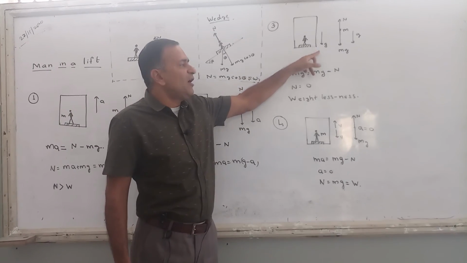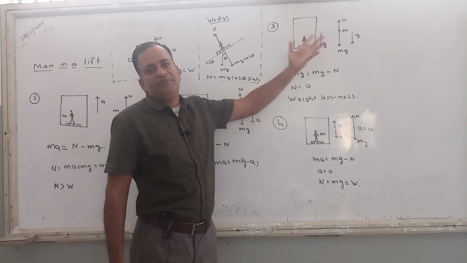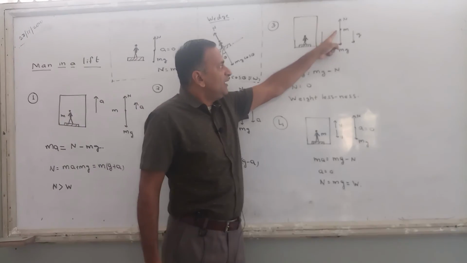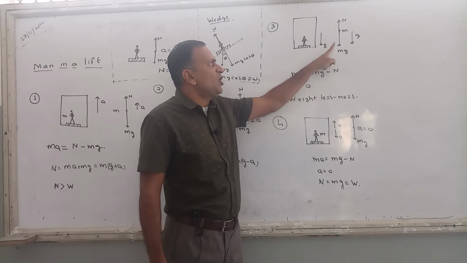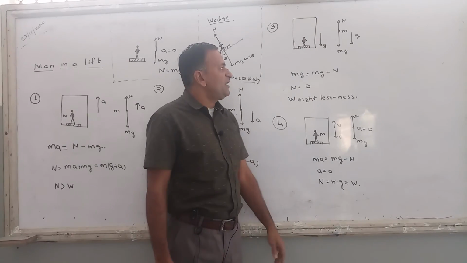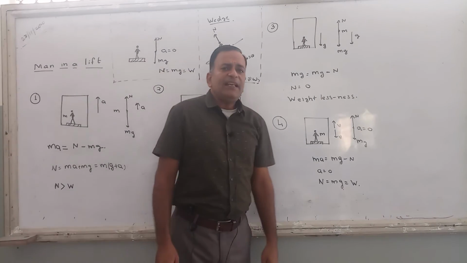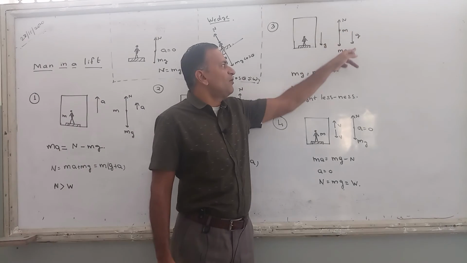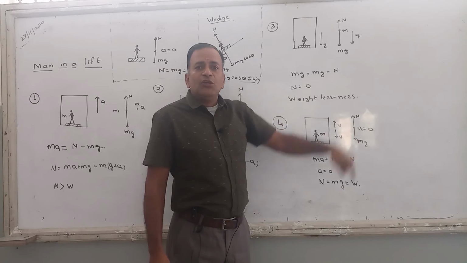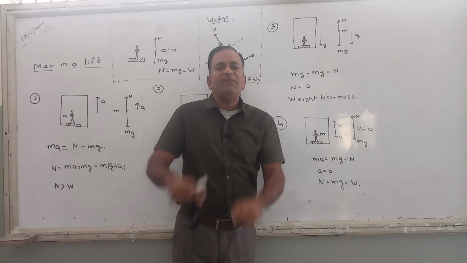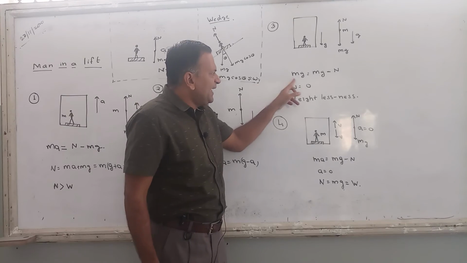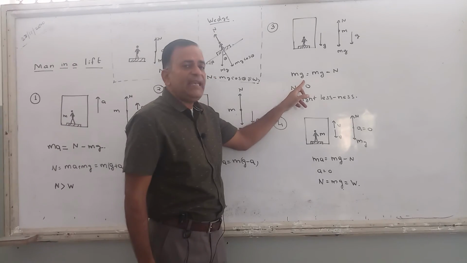अभी इसका acceleration कितना हो गया? g. Man का acceleration कितना हो गया? g. Again free body diagram बनाने का. Draw the gravitational force in downward direction, the normal reaction force in upward direction. Same as it is. Now, the acceleration of this man is g and is it in which direction? Is it in downward direction? Downwards. तो downward force कैसा होगा? Positive. Upward force कैसा होगा? Negative. Okay. So this is the resultant force mg.